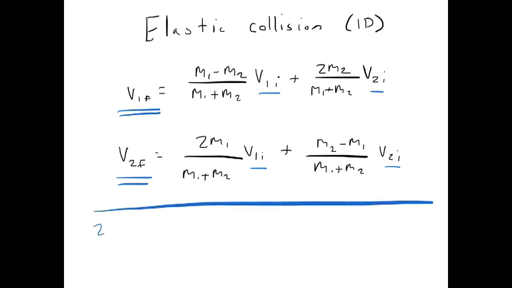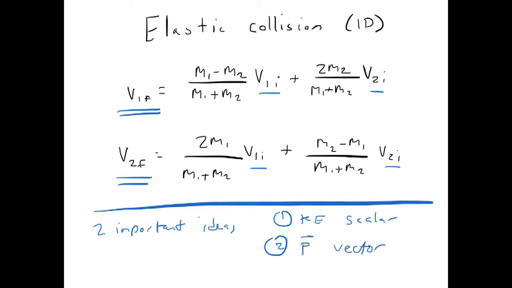Two important ideas to make sure that we are aware of. Kinetic energy is a scalar, so it's just a number, and momentum is a vector. So when we're dealing with momentum, it's very important to keep sign, direction. Direction here matters a lot. So let's think about that in terms of